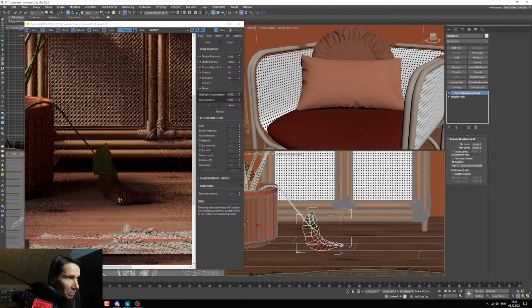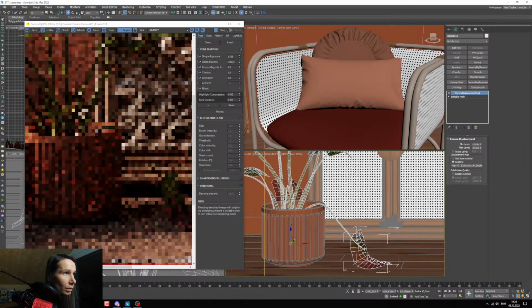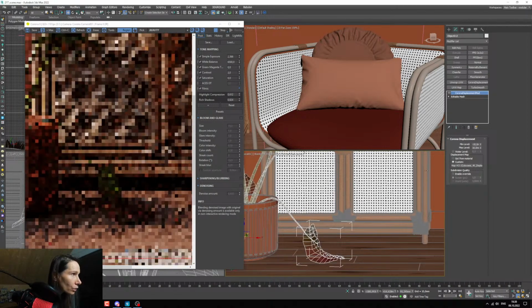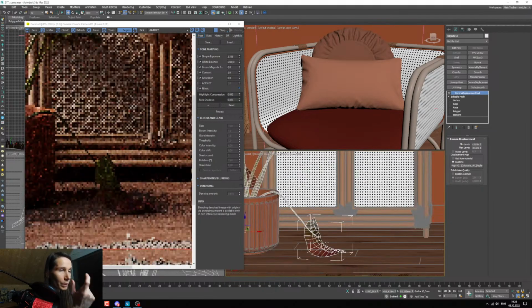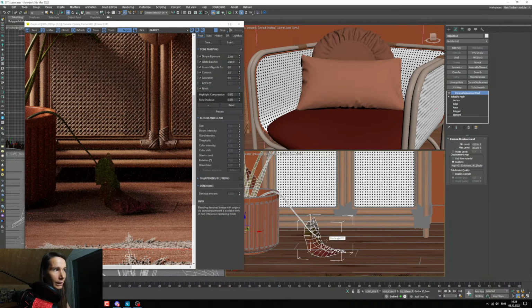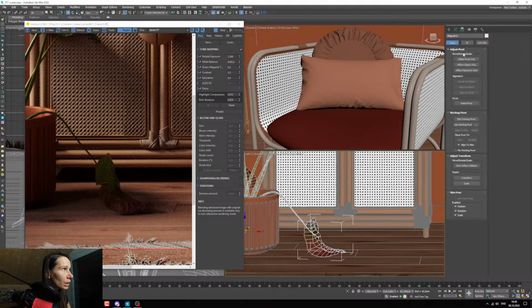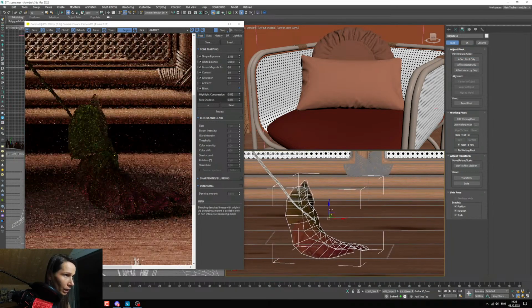I don't want to make it bigger or less of displacement. So now I can just lift it, and because I have just separated one leaf, I can go to move tool, and go here, affect pivot only, center the object, so it will be easier to work with arrows, and now I can